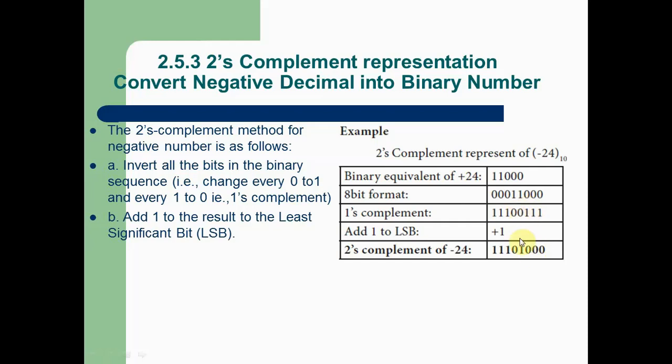The carry bit is 1. So again 1 plus 0 is 1, 0 plus 0 is 1, 0 plus 0 is 0, 1 plus 0 is 1, 1 plus 0 is 1, 1 plus 0 is 1. This is how we do binary arithmetic. So by using this binary arithmetic, we can fulfill the 2's complement method.